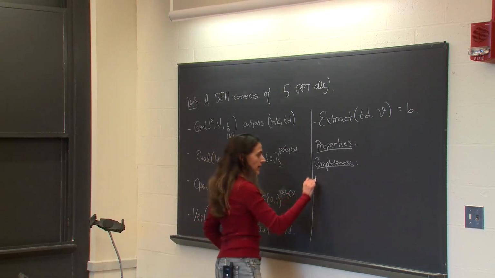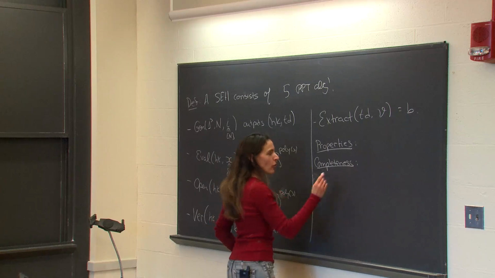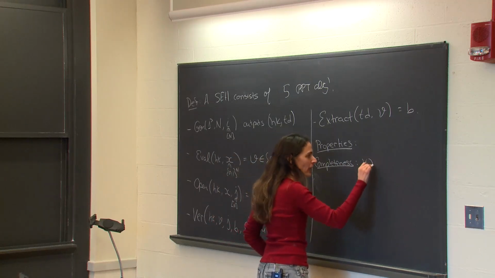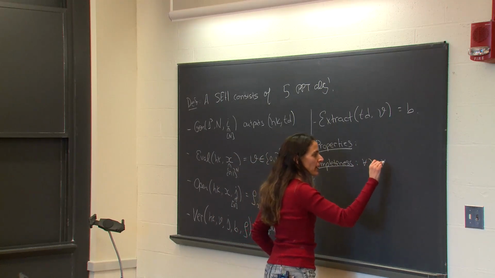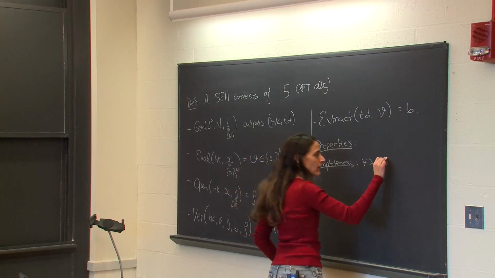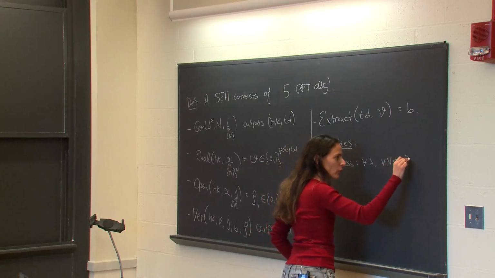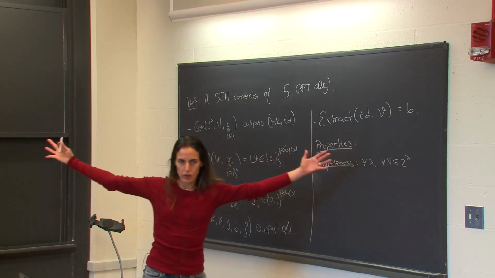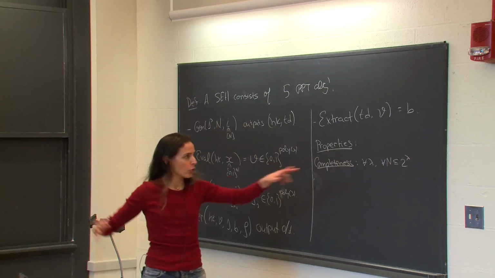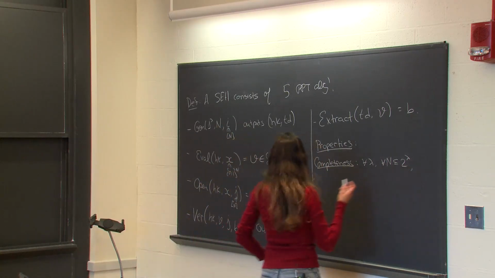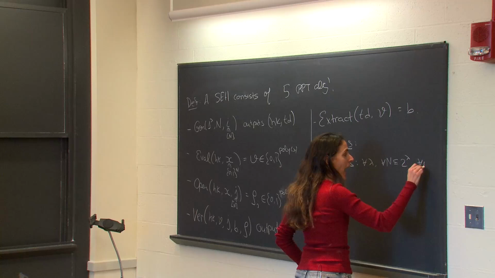So it says that the probability is, okay, for every x, for every lambda, for every n which is at most 2 to the lambda, we always restrict the length of what we're hashing to be at most 2 to the lambda. And for every i,